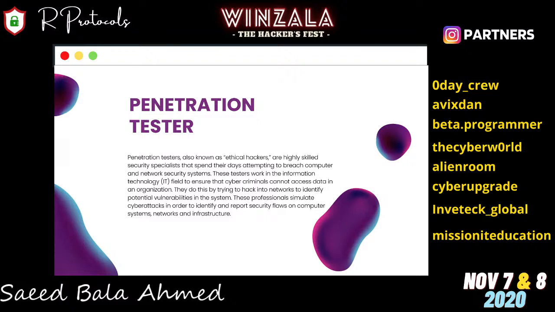As a penetration tester, you do a whole lot of hacking because you have to mimic the real life scenario in which attackers will use in order to break into a system. So, as a penetration tester, what you do is that you use tools to try and break into a system, thinking like a black hacker. And we all know black hackers are malicious hackers. So, you actually use tools to try and break into a system, find the vulnerabilities, break into the system, and actually make a report, and then give it out to your organization.